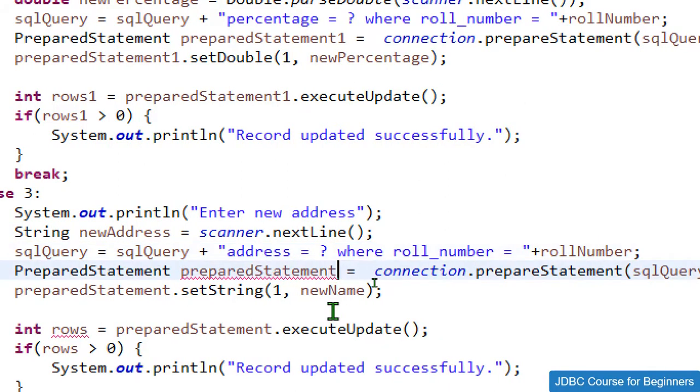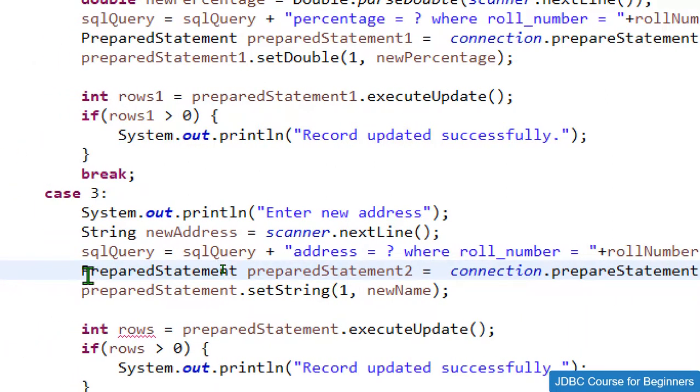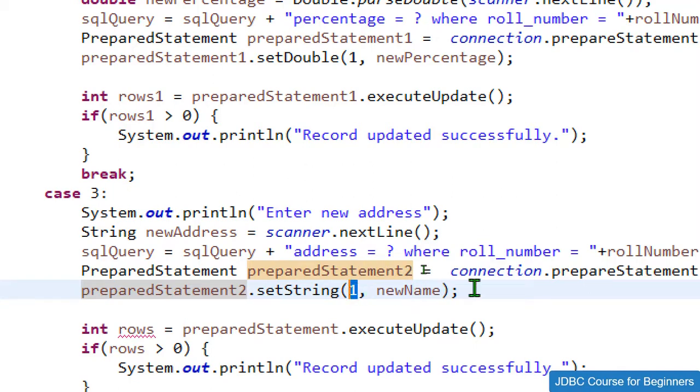Instead of this prepare statement, at this time let me give prepare statement 2, then connection dot prepare statement SQL query, and prepare statement 2 dot set string. It will be 1 only, because in this query we have only one question mark, and I just want to set the dynamic value for the first question mark itself, so that's why it will be 1.